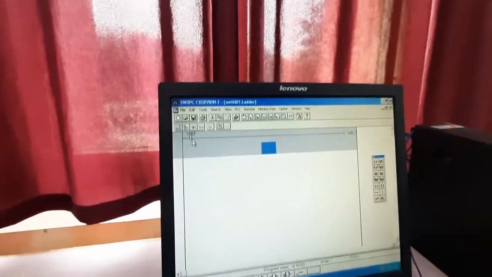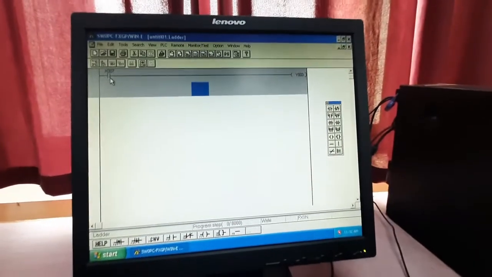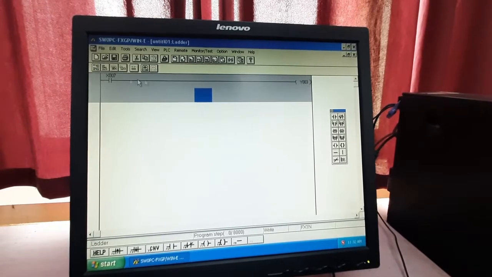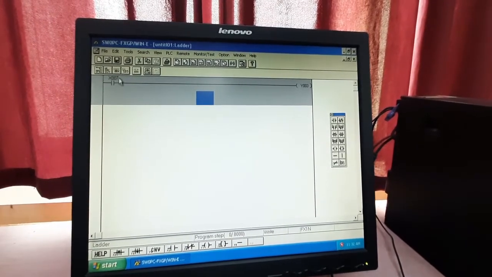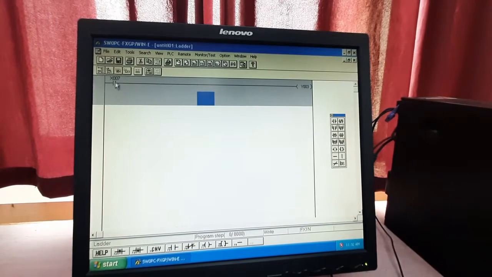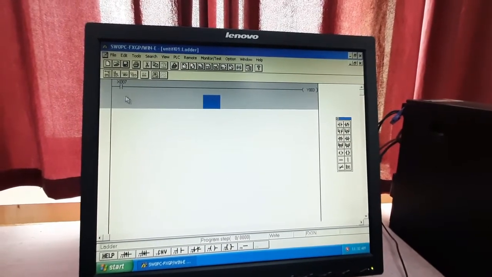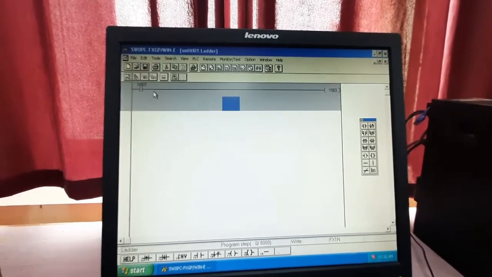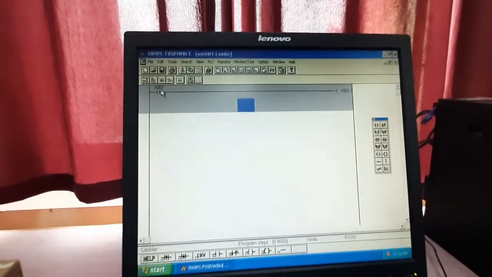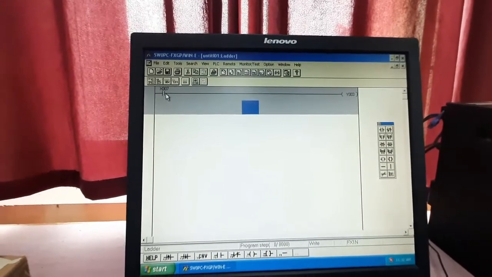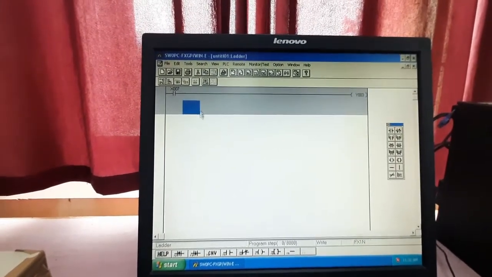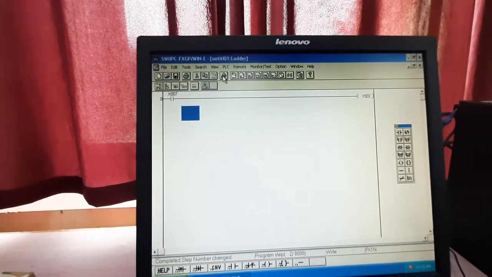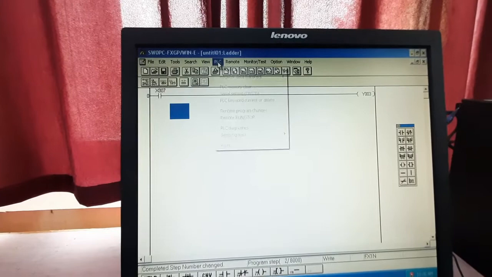So what is happening here? One is the on switch, that is NO, a normally open switch, and another is the output. Because the circuit is already powered on, now we want to run our conveyor belt. For that we have to give a command to the conveyor belt, whether to run or stop. So we are giving it to run whenever I switch on. So my ladder logic is ready. Now the first step is to convert. So it is converted. Now go to the PLC.